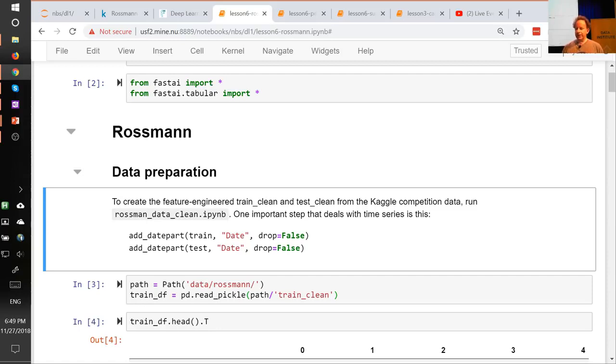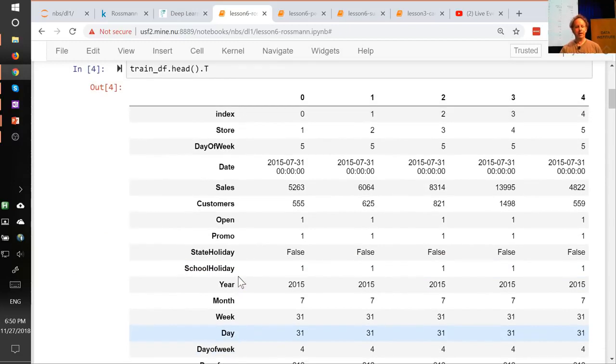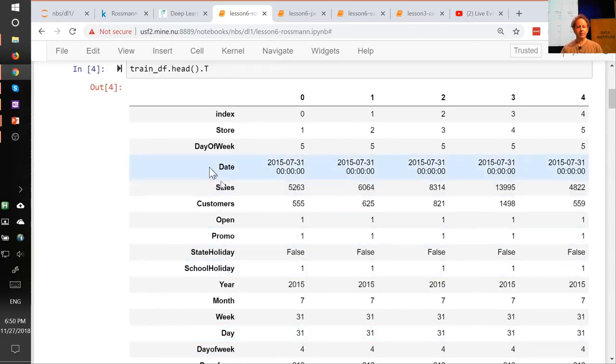And so most of the time, I find in practice, the state-of-the-art results when it comes to competitions on more real-world data sets don't tend to use recurrent neural networks. Instead, they take the time piece, which in this case was a date we were given in the data, and they add a whole bunch of metadata. So in our case, for example, we were given a date, right? We've added day of week,